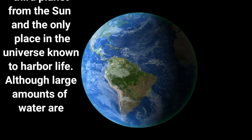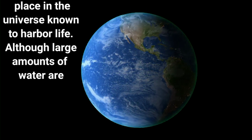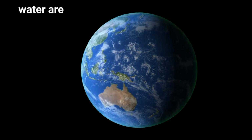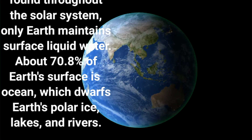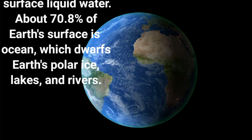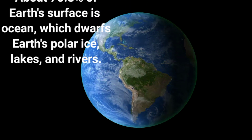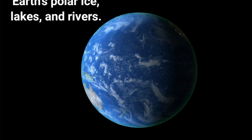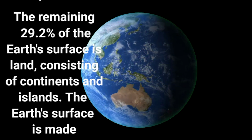Earth. Earth is the 3rd planet from the Sun and the only place in the universe known to harbor life. Although large amounts of water are found throughout the solar system, only Earth maintains surface liquid water. About 70.8% of Earth's surface is ocean, which dwarfs Earth's polar ice, lakes, and rivers. The remaining